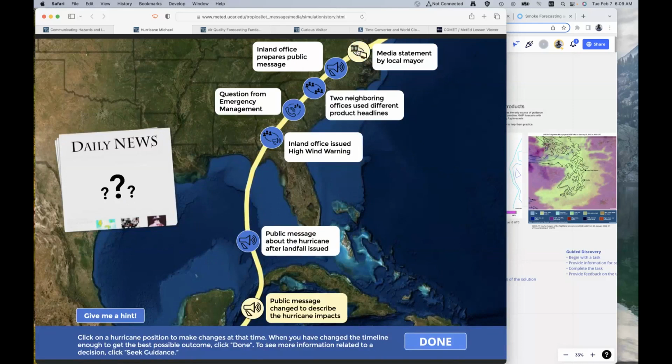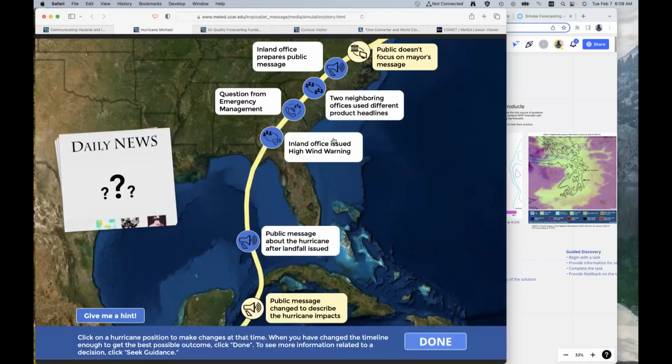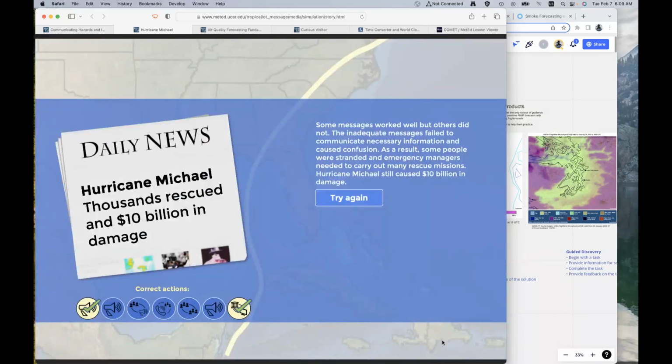And so, for example, I will jump up here where a local politician completely misdescribed the conditions of the storm. And so I need to decide what type of action I'm going to take in that situation. And then perhaps I will decide that this is all that I need to do in order to improve the outcome from Hurricane Michael. Then I can click the done button,